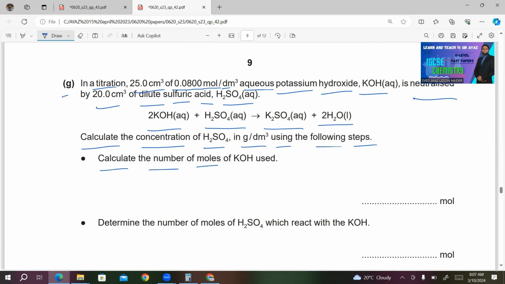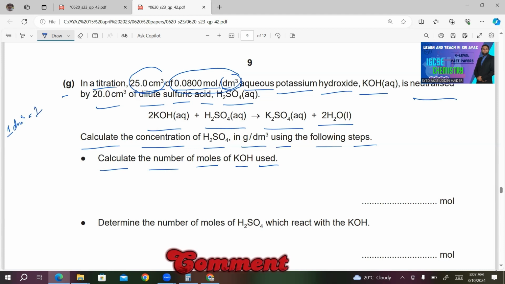Calculate the number of moles of KOH used. So you need to calculate the number of moles of KOH used. Here the information is 25 centimeter cube of 0.08 mole per dm cube of aqueous potassium hydroxide. So first of all, I will convert this into centimeter cube. You know the relationship for dm cube and centimeter cube, 1 dm cube contains 1000 centimeter cube. So I will write 1000 centimeter cube contains